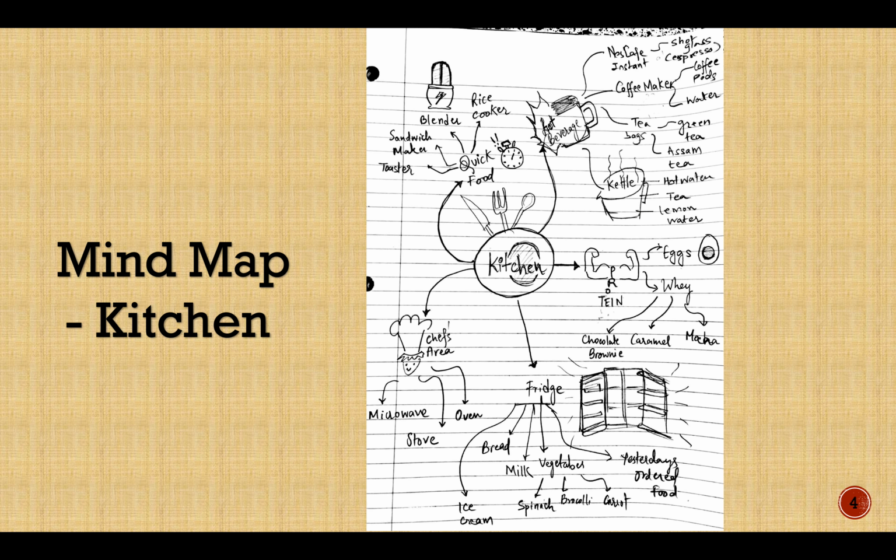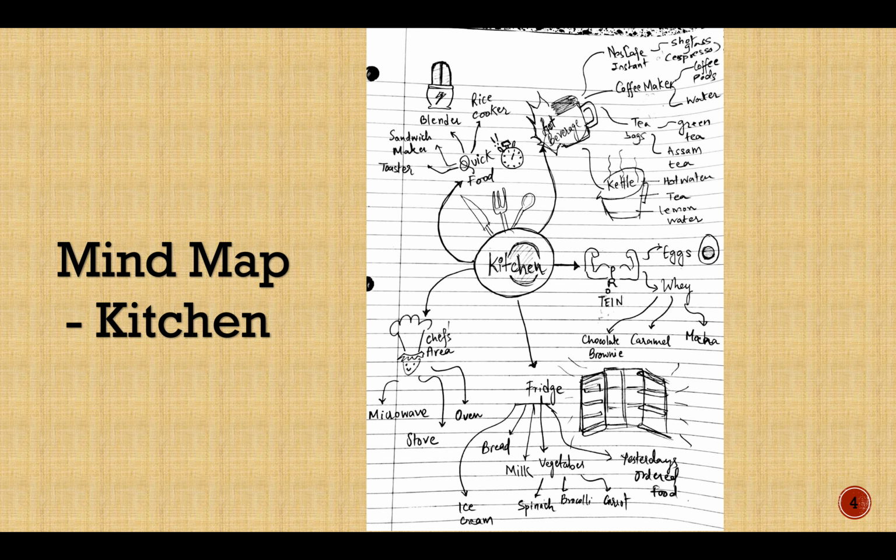The next thing is a mind map that I used for my kitchen. Instead of going with the normal online applications that have a mind map, I thought I'd draw it out. I can be more creative with it. So forgive me for the bad handwriting and drawing, but the idea is that the kitchen is in an egg yolk, like a boiled egg, and there's a knife, fork, and spoon on top of it, giving a feel of a kitchen.